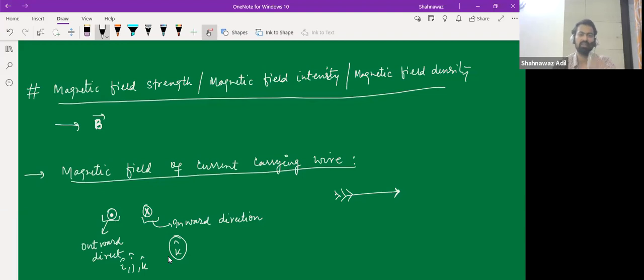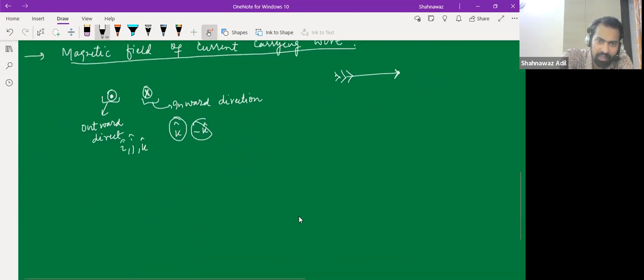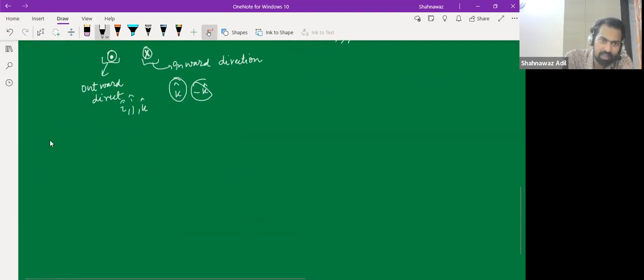K hat is coming out of this. This is X, this is Y, and this is Z, and minus k hat is inward. Okay, so we know about direction. So the magnetic field of a current carrying wire is given by